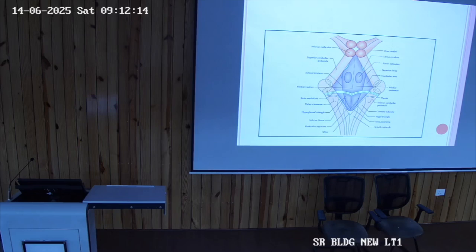So then this picture is showing the floor of the fourth ventricle, and these are the lateral boundaries of the fourth ventricle. Actually, the floor of the fourth ventricle consists of gray matter and white matter, and it is visible as some solid substance. Whenever we look at the fourth ventricle, it is a cavity. So it has got a very thin roof, made up of the superior and the inferior medullary vellum. Usually it gets stripped off, or it doesn't appear when we take the section. So what is visible is the floor of the fourth ventricle.